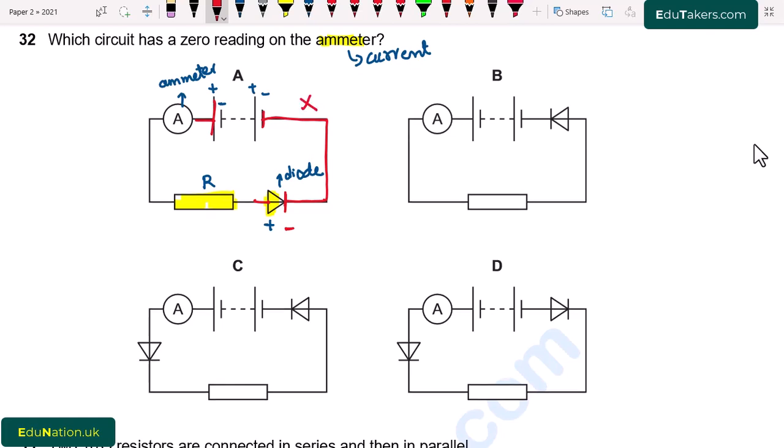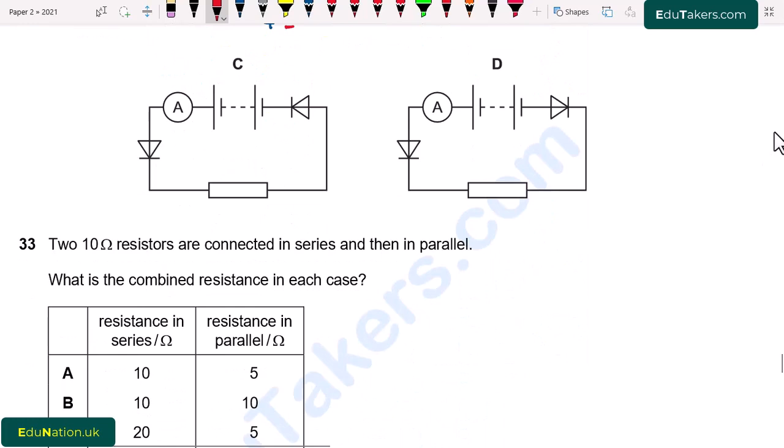This is incorrect. We see the second circuit. Here this is positive negative, and it is again positive negative. In the diode, this line is negative and the whole arrow shows positive. So I write here positive. We can see from here that the negative side of the diode is attached with the negative terminal of the battery, while the positive side of the diode is attached with the positive terminal of the battery. So it is also forward biased. It is incorrect.